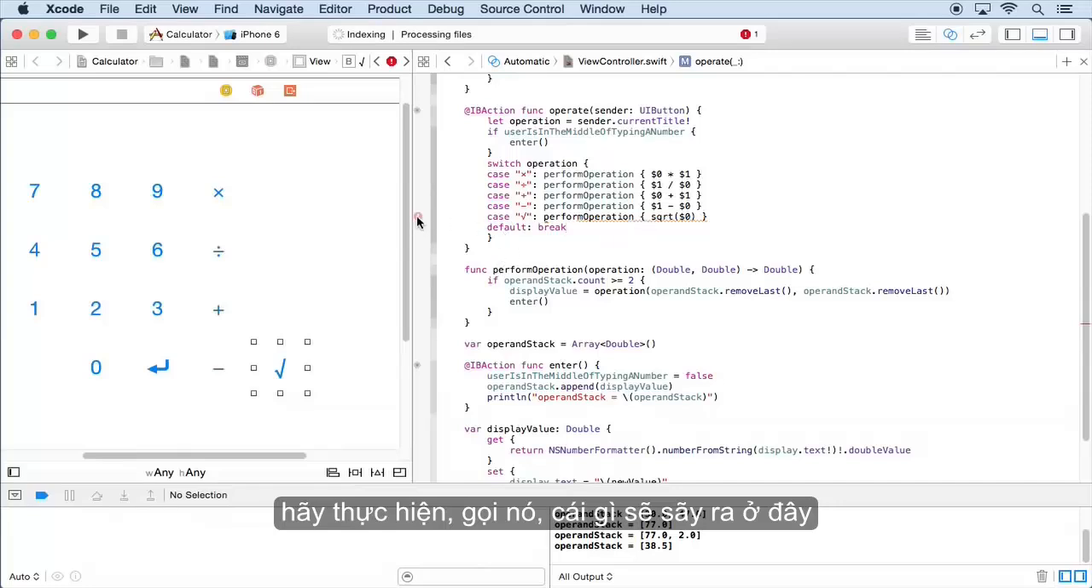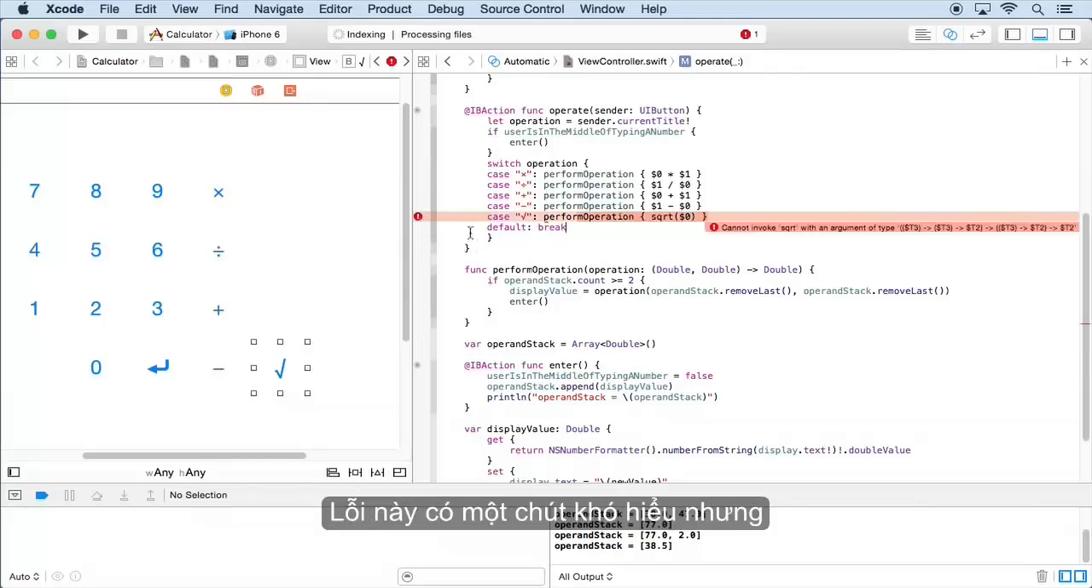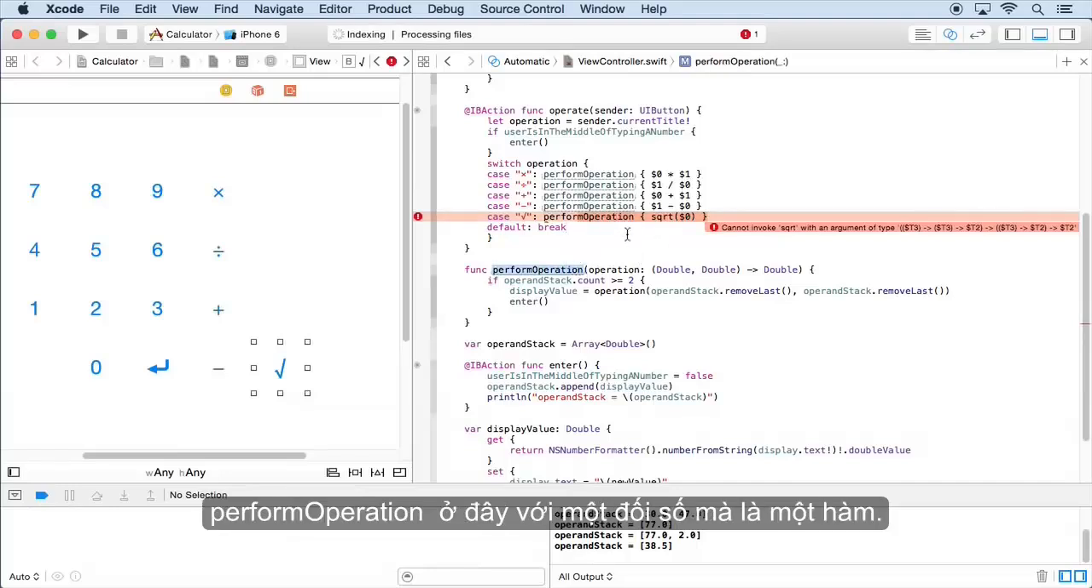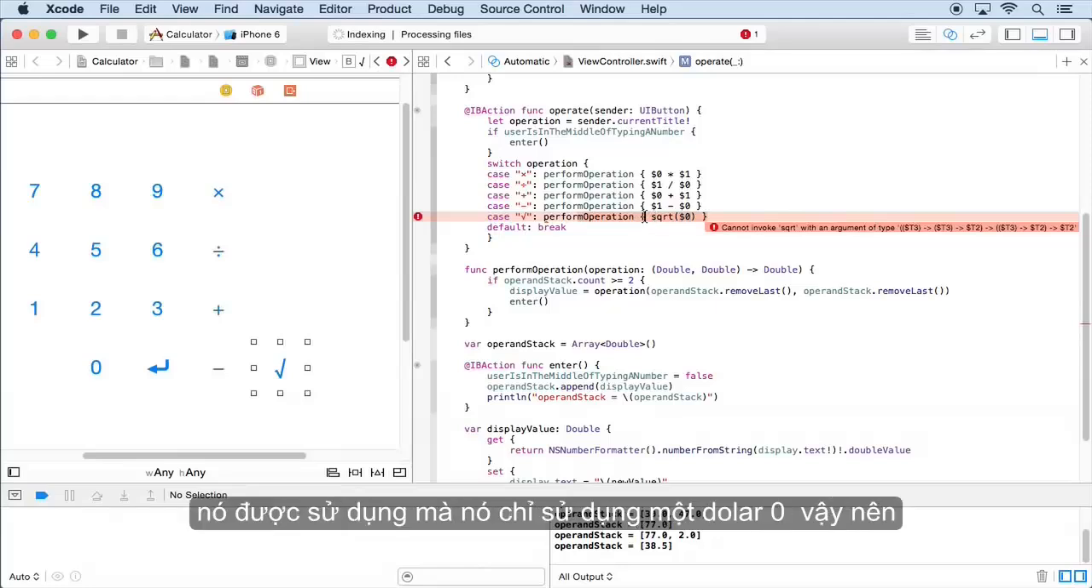Oh wait, what's going on here? We have some sort of error. Why? What's the problem? I don't understand. Let's take a look at this. Now, this error is a little hard to understand, but basically what it's saying is that you're calling perform operation here with an argument which is a function that only takes one argument. Because Swift looks here and it sees that it's only using $0, so this is a one argument function, this whole